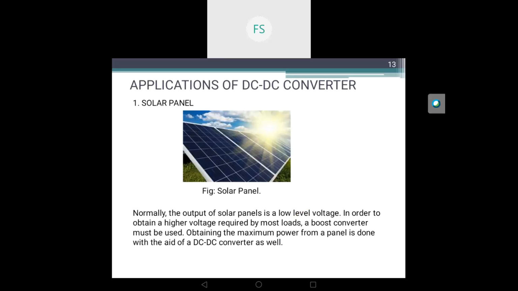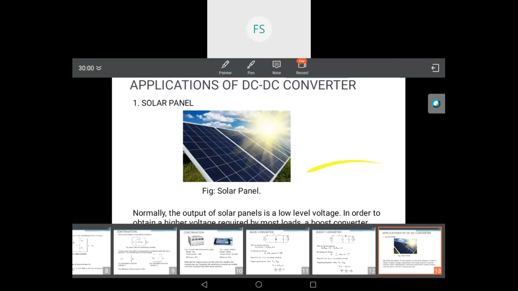We know that by using solar panels, we will get a voltage, right? The voltage will be a low voltage. So if we want a higher voltage, we can introduce a boost converter. So this is an application of a boost converter. If you introduce a boost converter, you can get your higher voltage if you want to. And the next